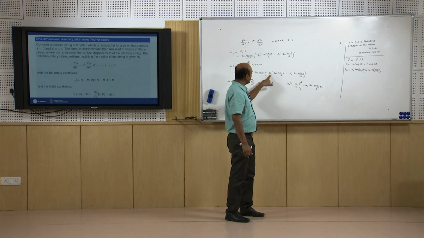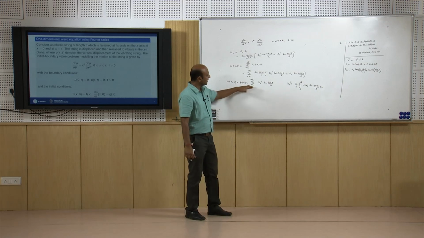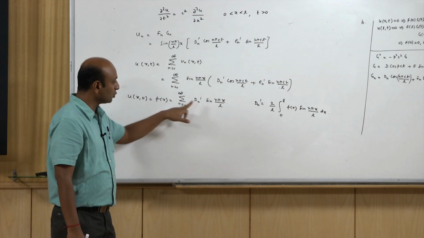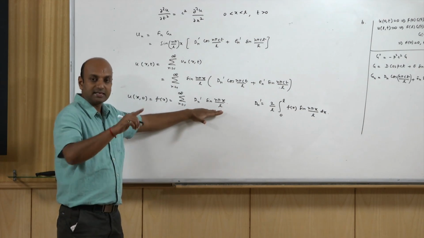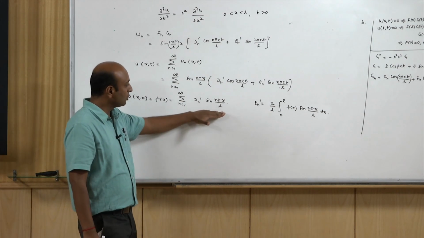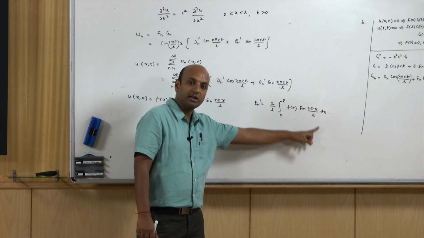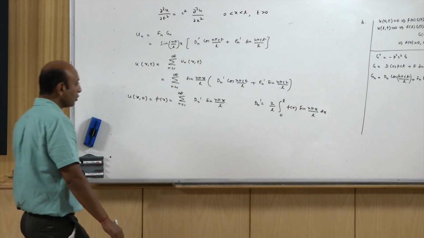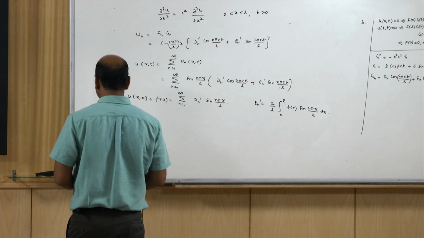So, to find dn dash we take this boundary condition. From this boundary condition we get this equal to this. This is nothing but a Fourier sine series, half range Fourier sine series. So, from here we get dn dash as 2 upon L integral 0 to L f x sin n pi x by L into dx. Now, to get E n dash we apply another initial condition, which is del u by del